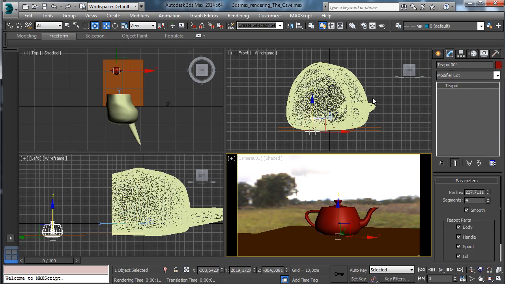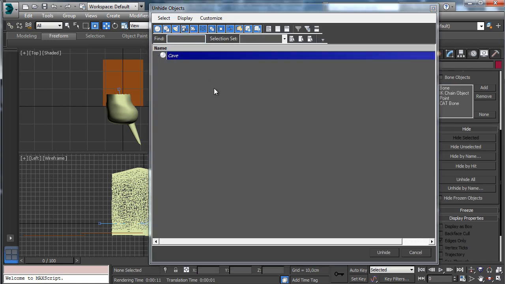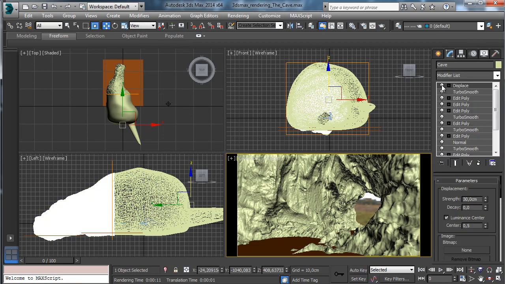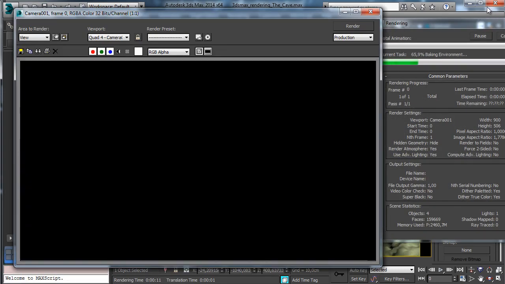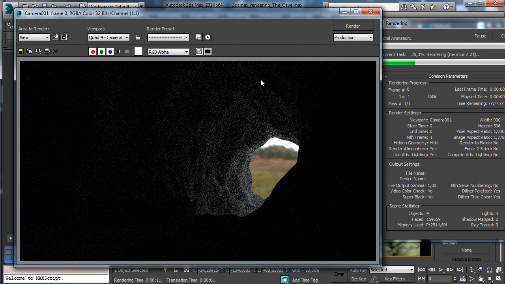Let's see what happens with our cave, so Untitled by name cave, and let's save. And to make the test we can have less detail, so let's remove the displays and the turbo smooth, so it will be faster to move everything to our illumination. So you see that we have a little bit of light coming inside from outside. I like to have more light coming inside, so